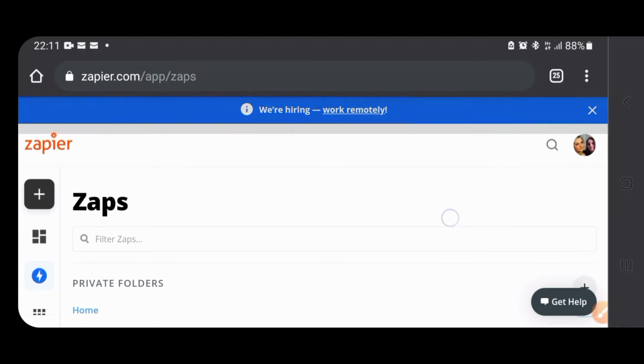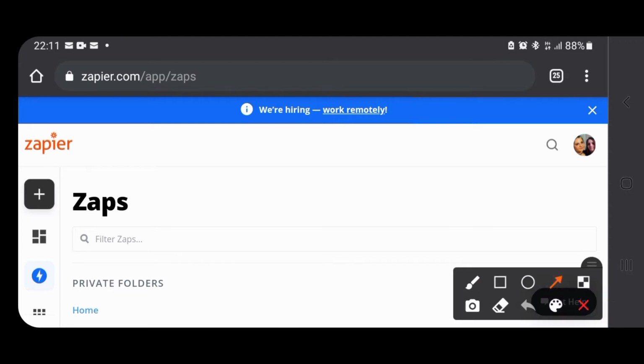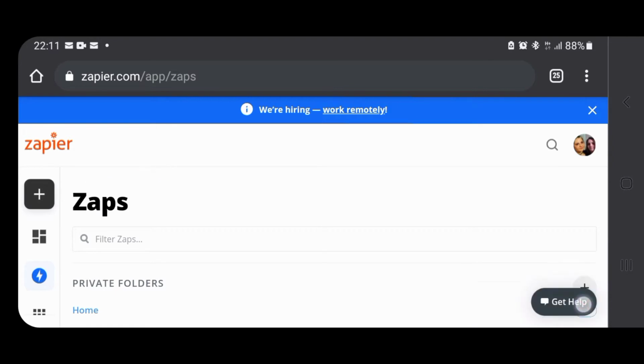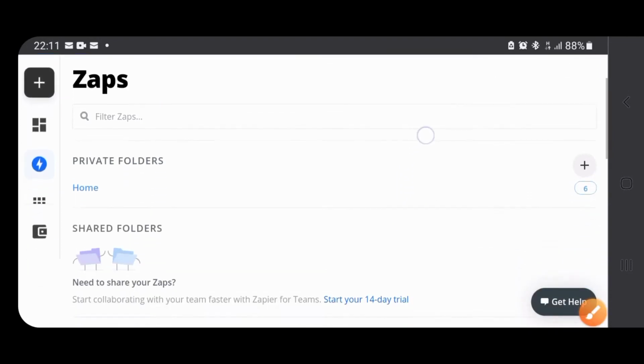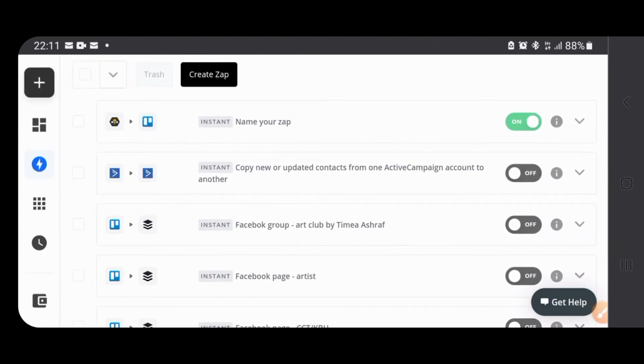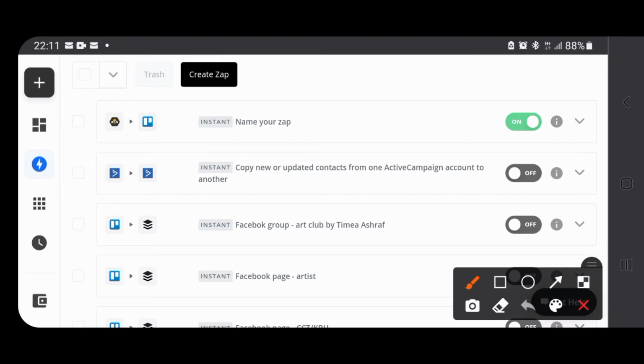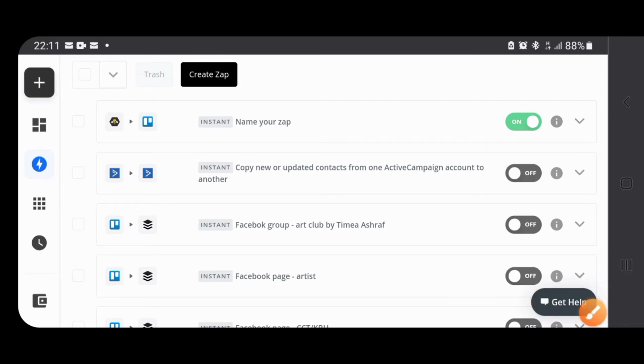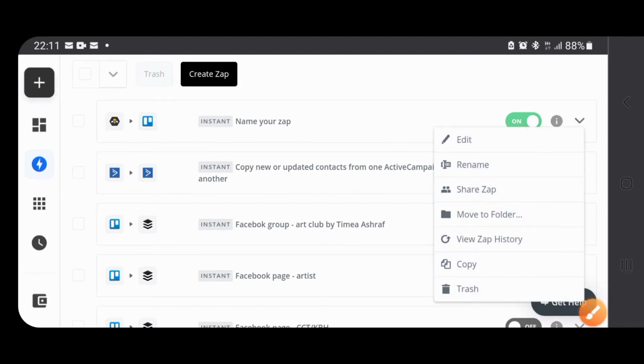So when you log into Zapier, this is the screen that you're going to see, and it's really easy to create a new zap by pressing this button. Now here you're going to see all the zaps you have, and this is the zap that I set up for this automation. So first let me show you around